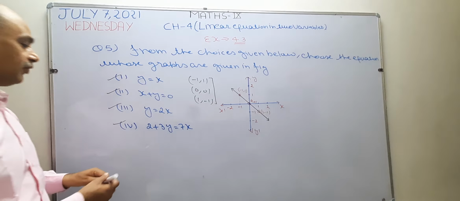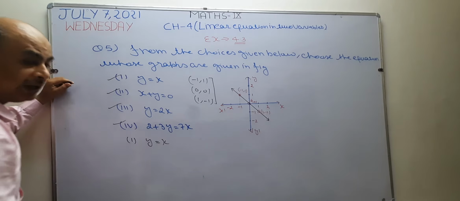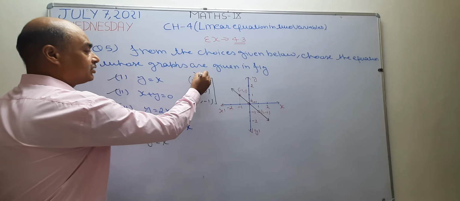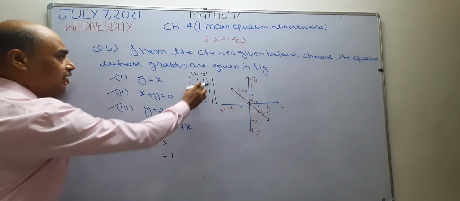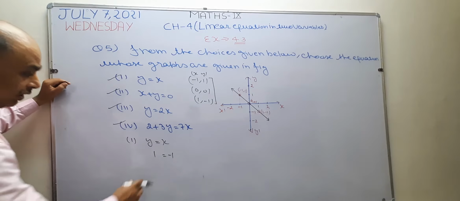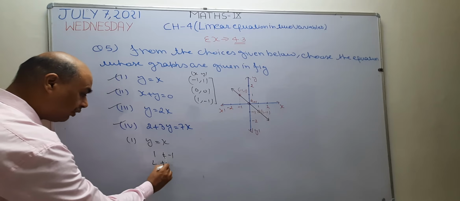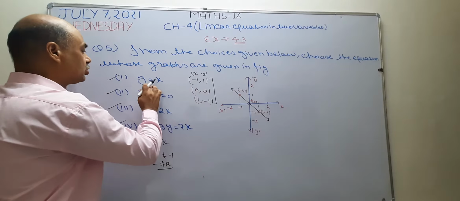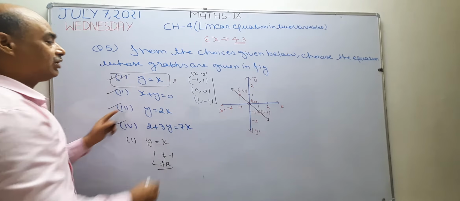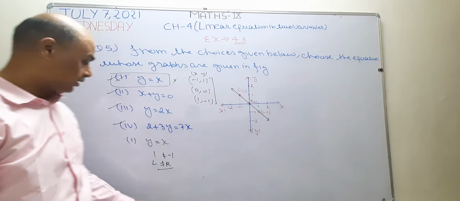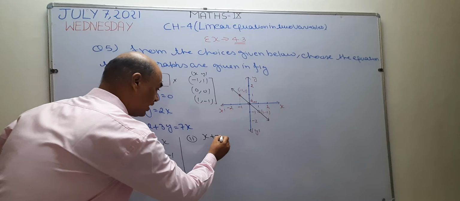Okay? Now I am going to check the first equation. I am going to substitute all the values in the equation. Now, as you know, this represents x and this represents y. It means instead of x, I am going to write -1. Instead of y, I am going to write 1. Now see, 1 is equal to -1? No, this is not equal. It means the left hand side is not equal to the right hand side. It means this is not a solution of the given equation. It means y equal to x is not the equation of the given graph line. Okay? Now I want to check the second equation. I write the second equation here. X plus y equal to 0.